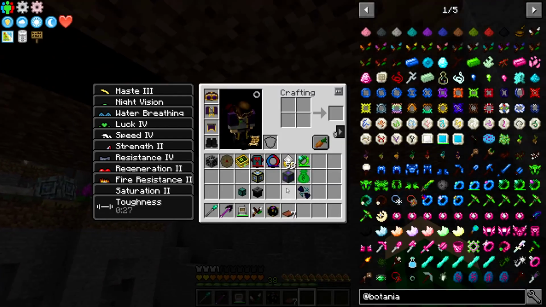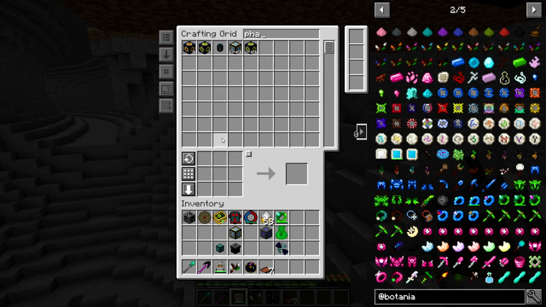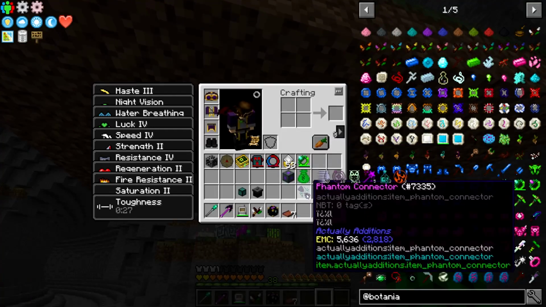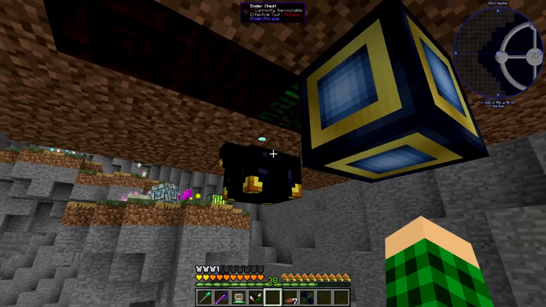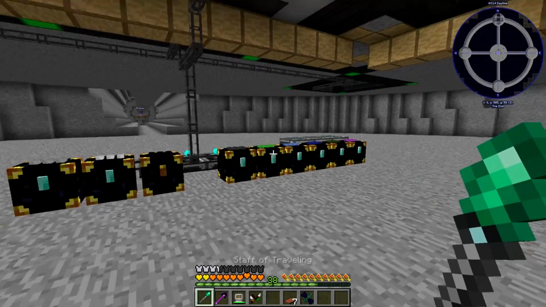So then we need a phantom face, which I made. Phantom face. Did I? Oh, I'm blind. I can't see it. Okay. Phantom face here. We're gonna grab our phantom connector, connect this to this, and then I have an ender chest here with I think it's magenta on top, and I already set up a crafter here in the basement, which